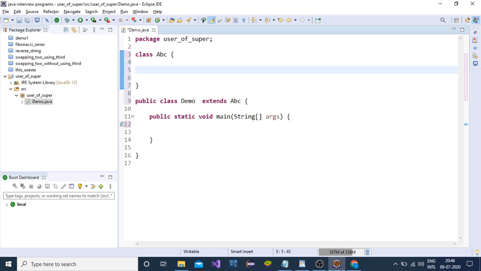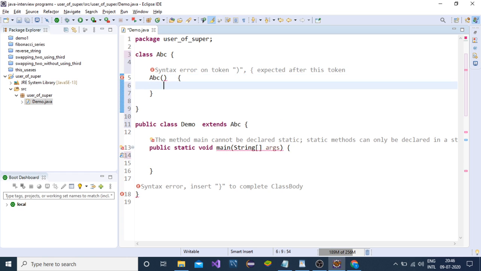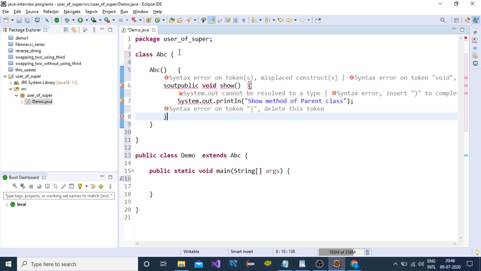If we do not create any constructor in our class, then the JVM automatically creates a constructor inside our class. The JVM creates a default constructor, not a parameterized one. So we will not get any output. It will be default and with no message. So for checking that our constructor is getting called, we are creating it externally and giving a message, say ABC. I am giving a message inside the constructor.